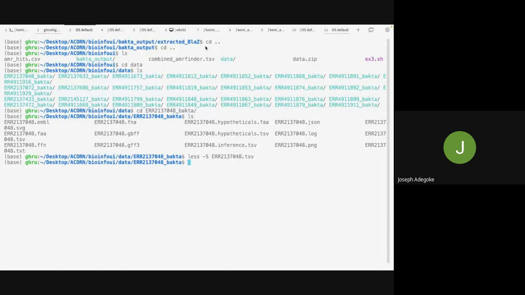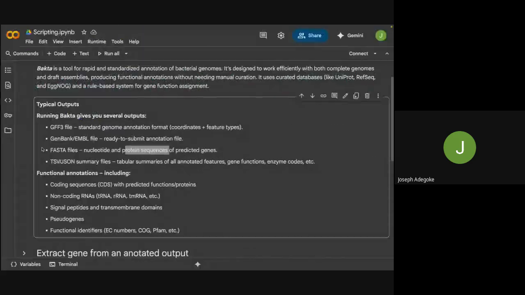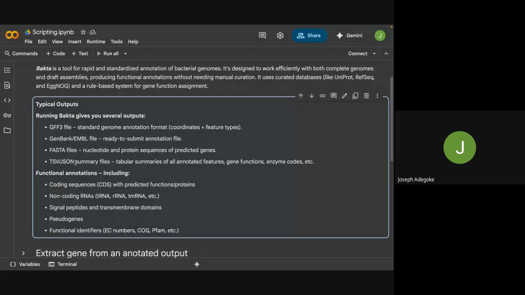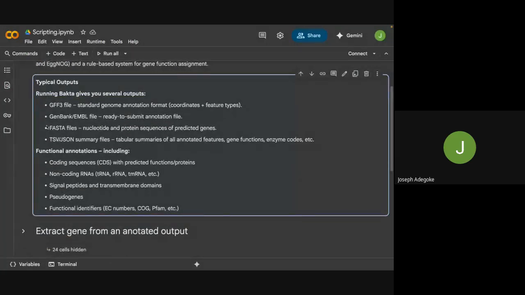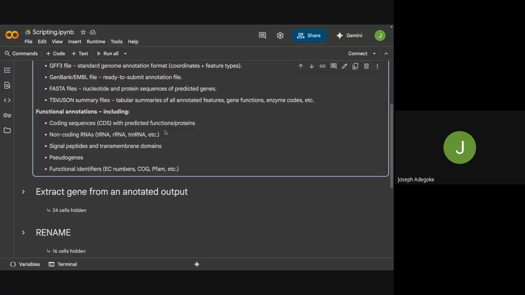So basically what we are going to do today is extract the sequences of this gene from the nucleotide, from the FASTA files, which were generated with the nucleotide and the protein sequences of predicted genes. So to our script,